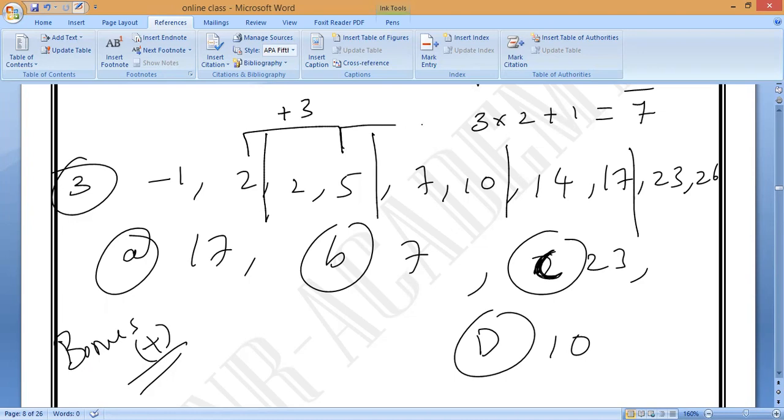Next, 5 to 10, plus 5. Is it yes or no? 10 becomes 17, plus 7. What is the pattern? Plus 7. Now 17 becomes 26. What is the pattern? Plus 11, sir? 9 or 7? So we should get plus 9. Yes or no?